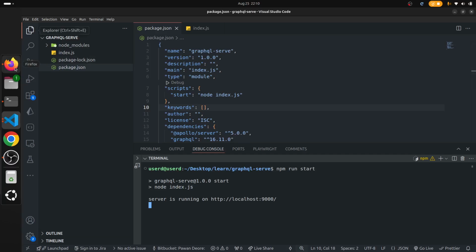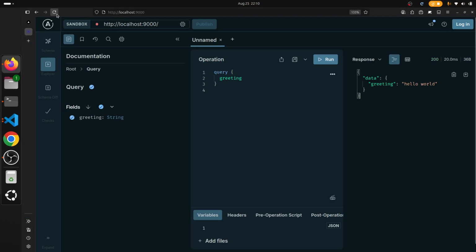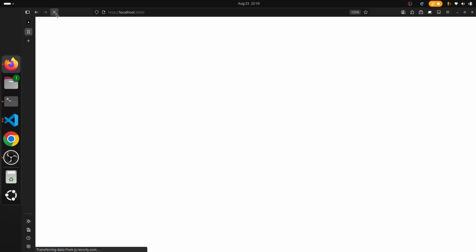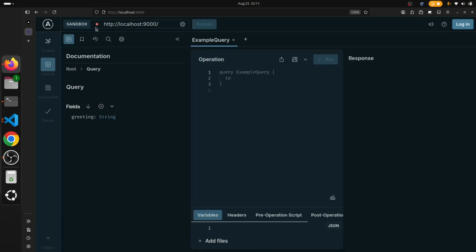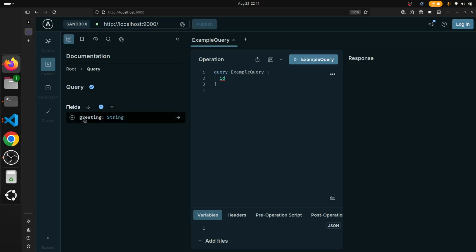Let's go to the browser and refresh. By default, since we are using the Apollo Server library, it will open the sandbox for us. It shows nicely what queries we have right now. We have only greeting, and it will return the string data type. If I just query greeting, so query greeting, and run,